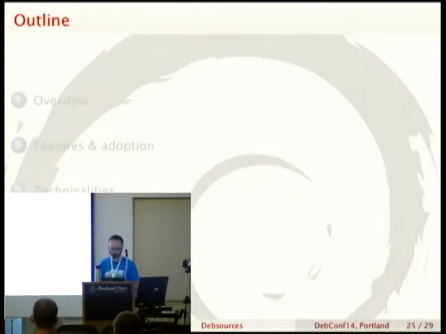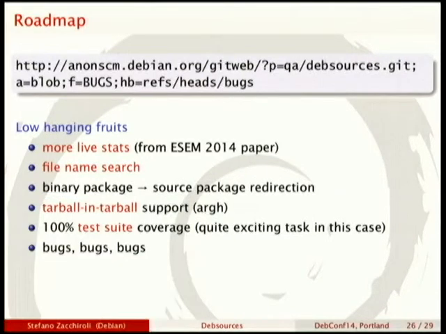What else? Roadmap. There is a bugs file. I still have to migrate all the bugs to the qa.debian.org website. I plan to do that during DebConf. So there are some low-hanging fruits, which are the parts you might want to start looking at in case you want to contribute. So one is that we have made all sorts of fancy stats for the paper we have published using